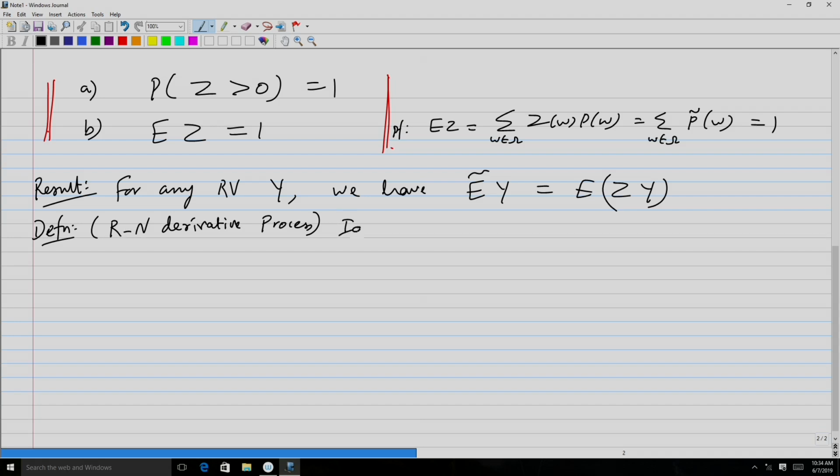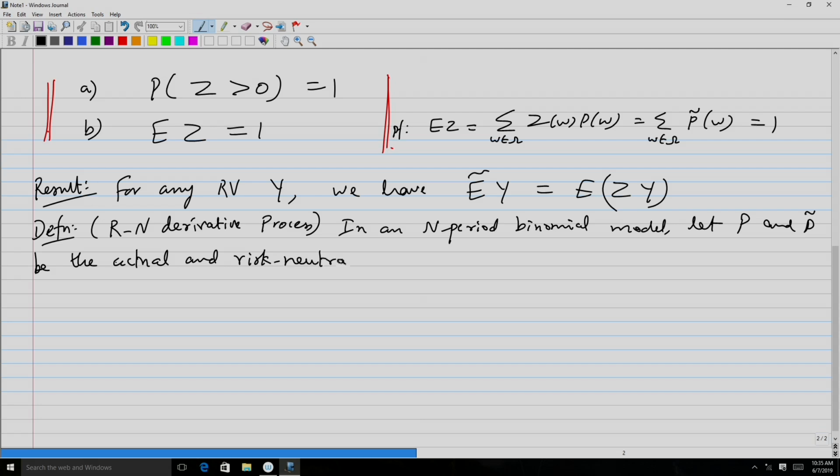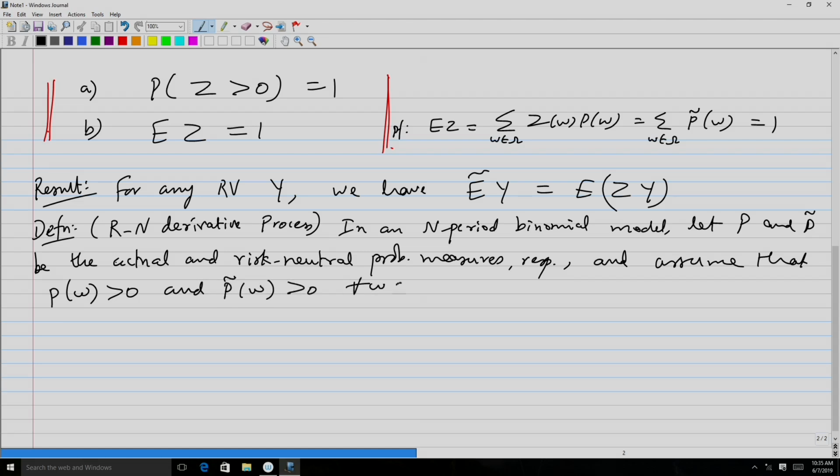Okay. So, what do we have? In an n period binomial model, let P and P tilde be the actual and risk neutral probability measures respectively, and also assume that both give a positive probability for each of those omega, then define